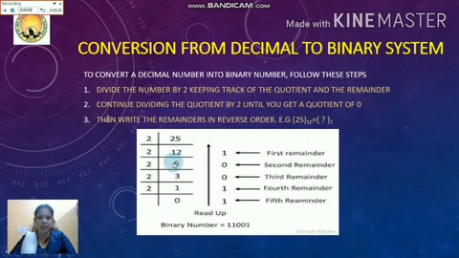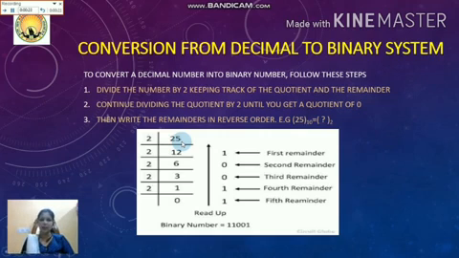So, binary number system. Here I have given one example, 25 to the base 10, and we need it to the base 2. So you can get an idea from the question itself that we need decimal to binary. I'll explain it in a proper way later, but here just see the picture. 25 will keep on dividing. First step, divide the number by 2, keeping track of the quotient and remainder. How to keep track? The quotient will be written in this part and the remainder just in front of it here.